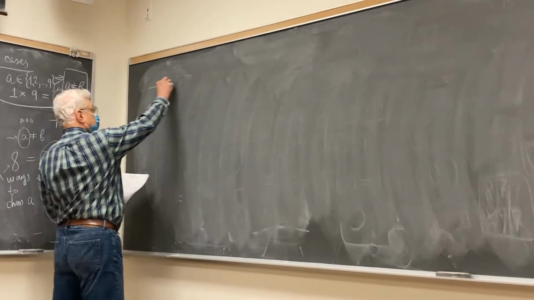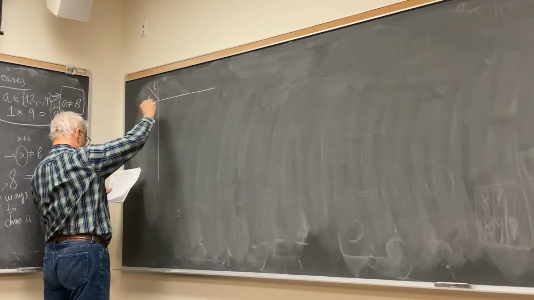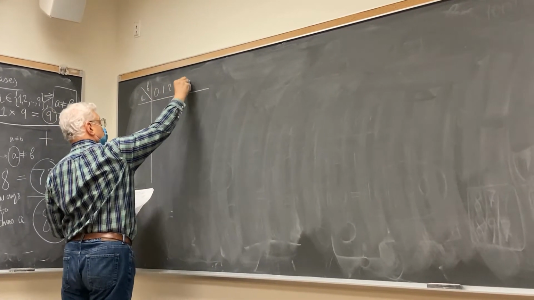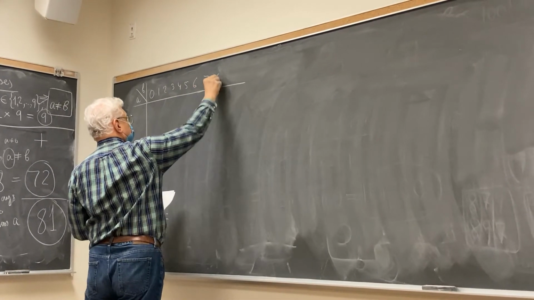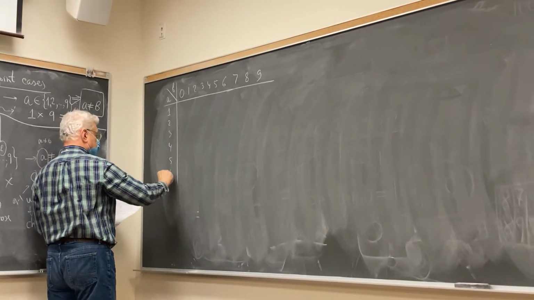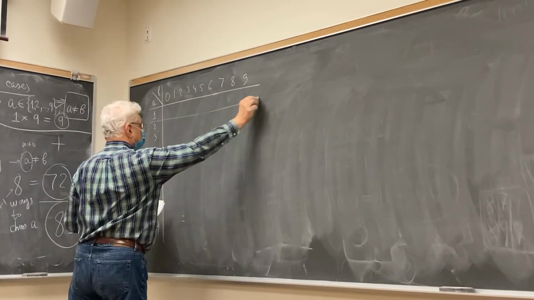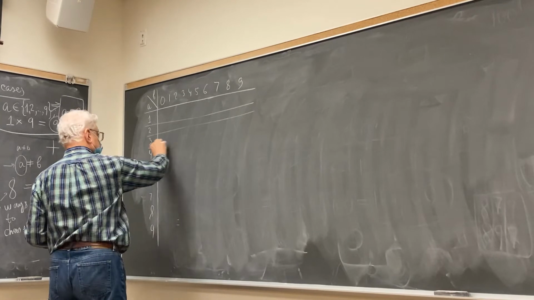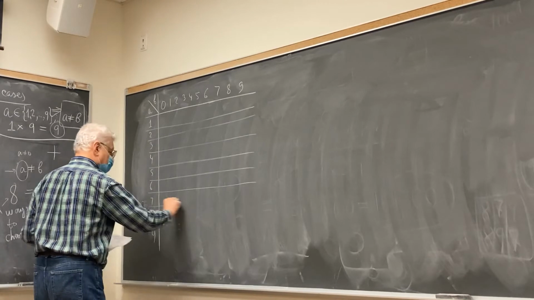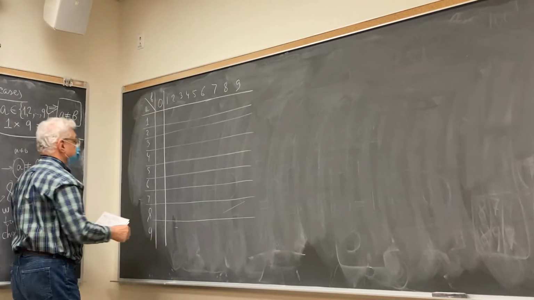So let's consider the table. So first digit A and second digit B. B could be 0, 1, 2, 3, 4, 5, 6, 7, 8, and 9. A can be only 1, 2, 3, 4, 5, 6, 7, 8, and 9. I will not draw the whole table, but I want to show you. Okay, please draw the lines. Okay, but you show that if you use A,